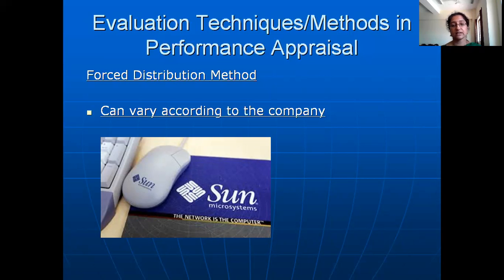Now, some more severe ways in which this rating can take a turn is, see, take an example of Sun Microsystems here. Okay, so what happens at Sun Microsystems is they will do this performance rating. An employee who is coming under the bottom 10% will be given 3 months chance to improve themselves. At the end of 3 months, a rating will be again made for those employees. Again, if they continue to come under the bottom 10%, they will be shown the door. They will be asked to leave the company.